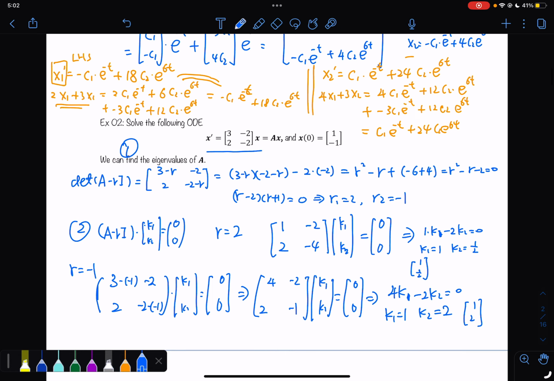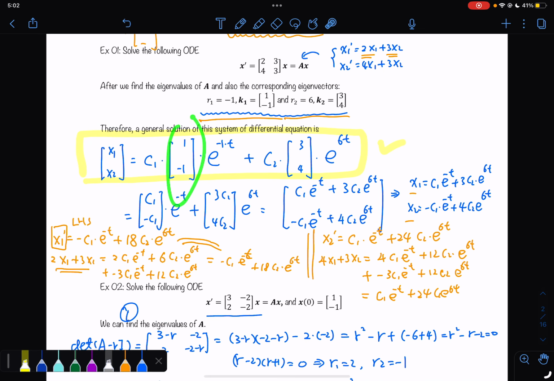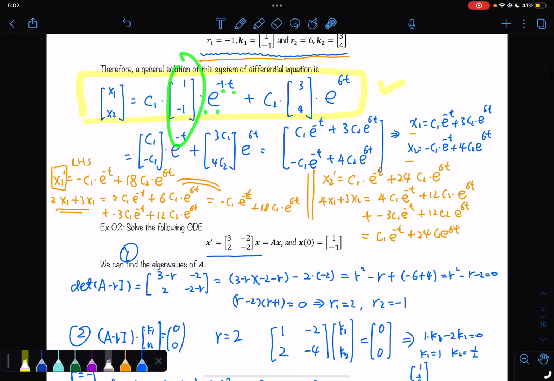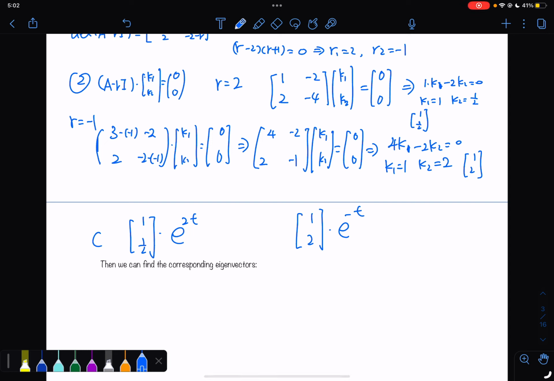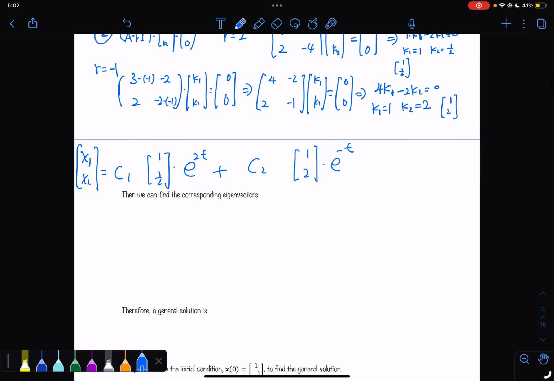So how did we say about the structure? It is eigenvector times e to the eigenvalue times t. So I'm going to put things together following the structure. It is, my bad, it is 1, 1/2 times e to the 2t, and 1, 2 times e to the -t. Those are the two basic structures of your solution. And let's put a linear combination between those. So that's what I should have as a solution of my final